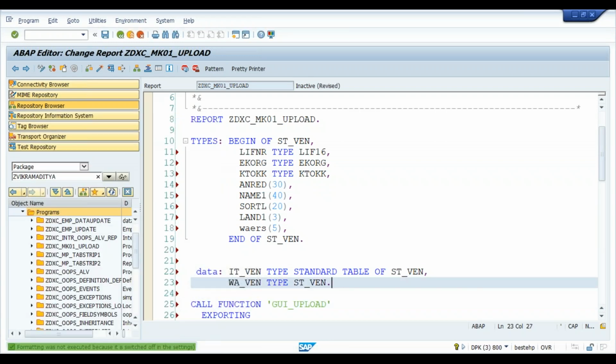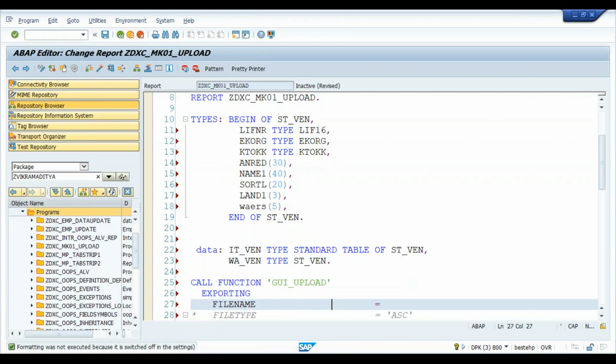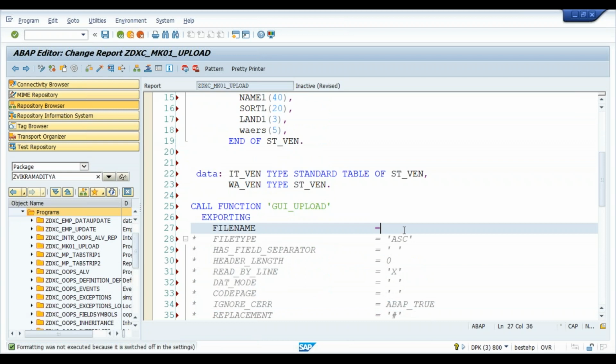So this function module enables us to get the data from the flat file into this particular internal table. Now we can dynamically choose the file name. For that we again have a separate function module which we'll be using. Right now we'll be using for d